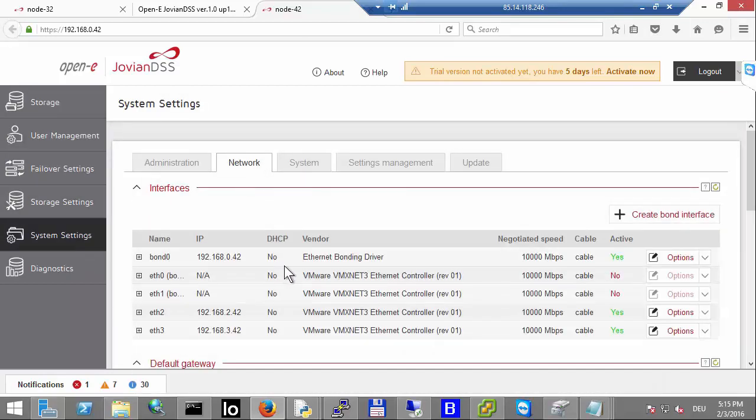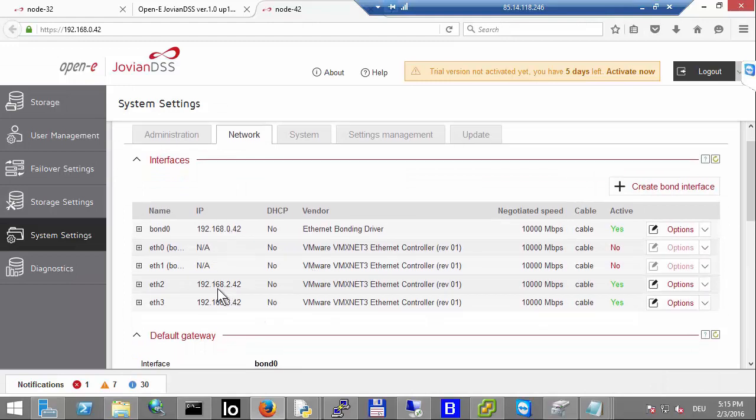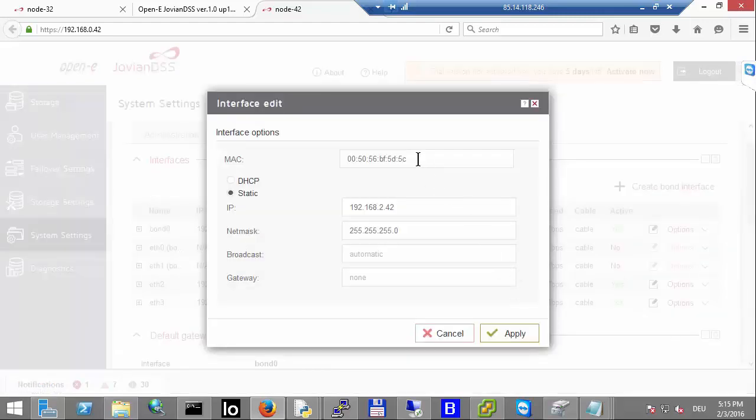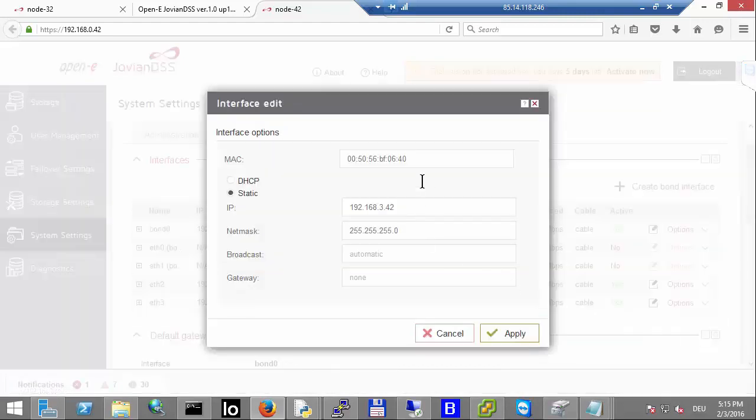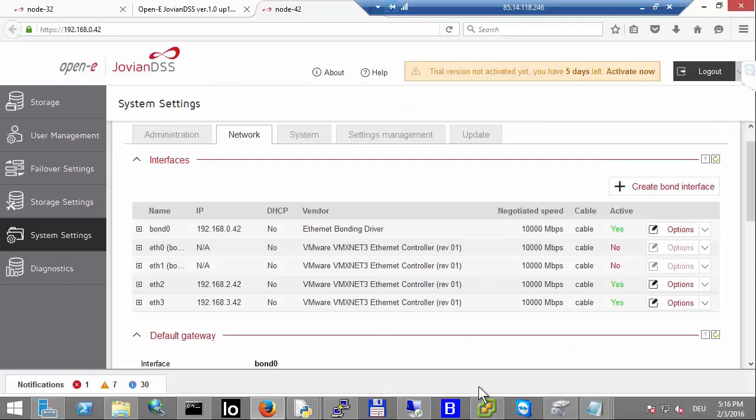So I have a bond and I have 2 cards. You see I can go here and in edit I see that this card is 5C. So maybe I want 5C for the network 20 and that card is 40, so for the next network. So 5C,